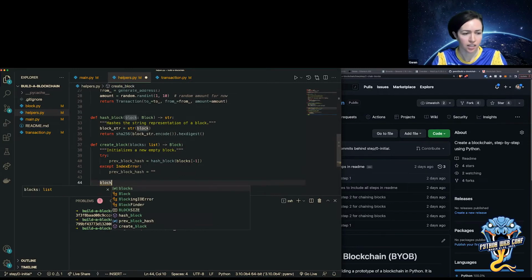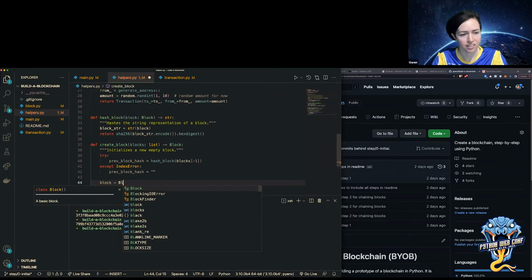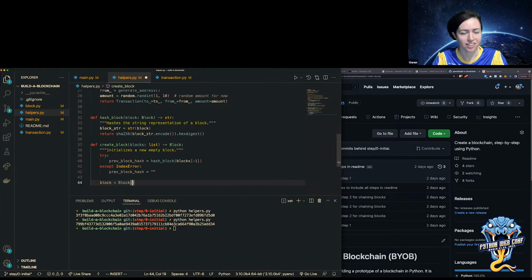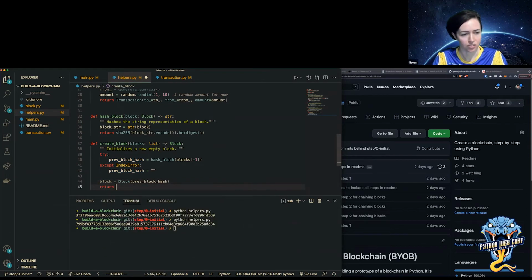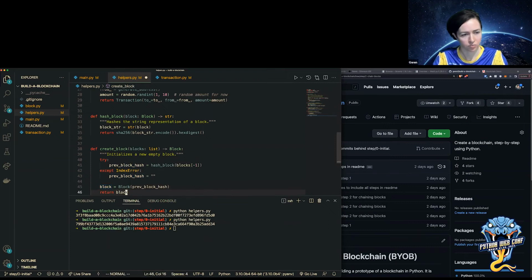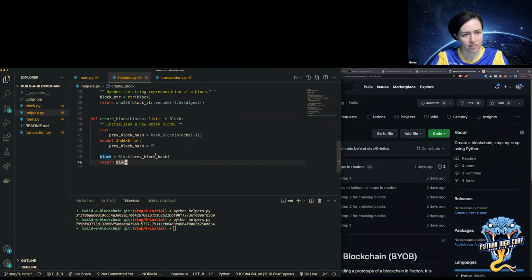And then I can create a new block from here and say new block, and let's say previous block hash. Yeah, leave it like that. And then I can just return that block. All right. So I'm returning the block from the function here.